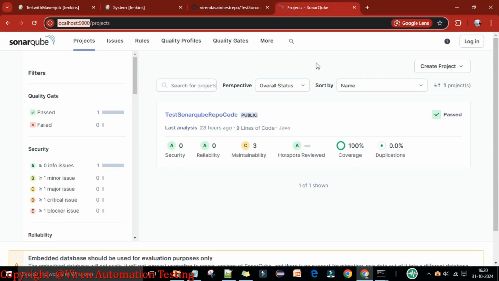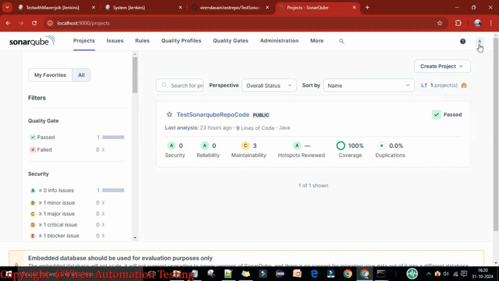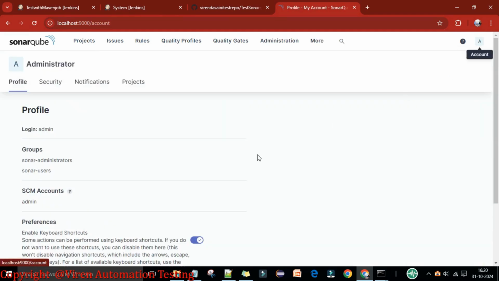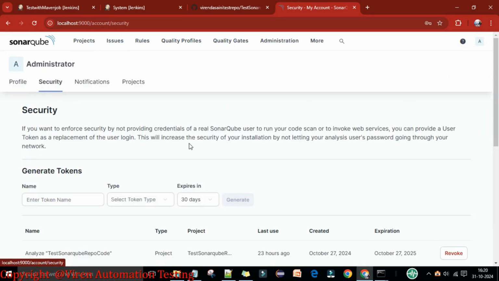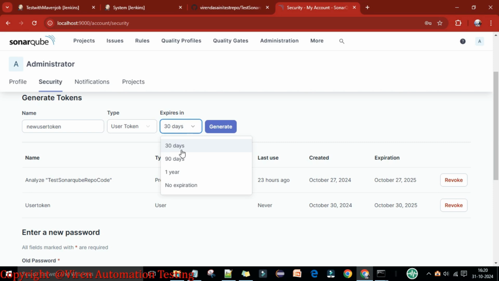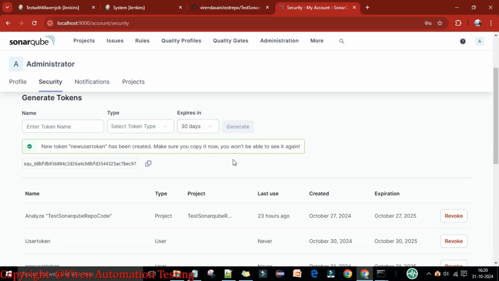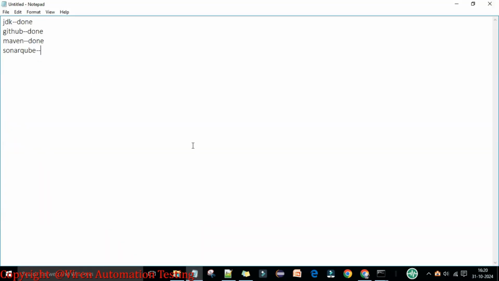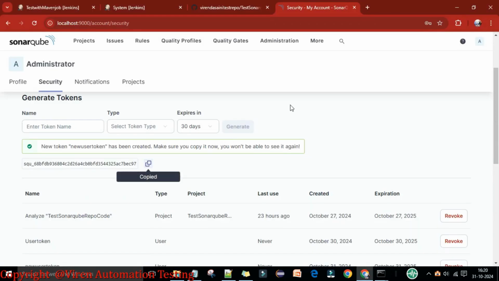So I'll go to the SonarQube and go to your account. I'll click on the my account. Then here the security is there. Now here you can generate a token. Okay, so we already have some user token, and now let me generate a new token, new user token. And this is the type of the user token. We want to perform the user authentications. Now let's generate. Now copy this token and paste it somewhere for the future use, and copy the token,